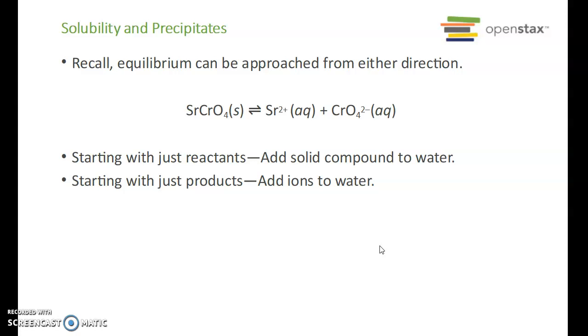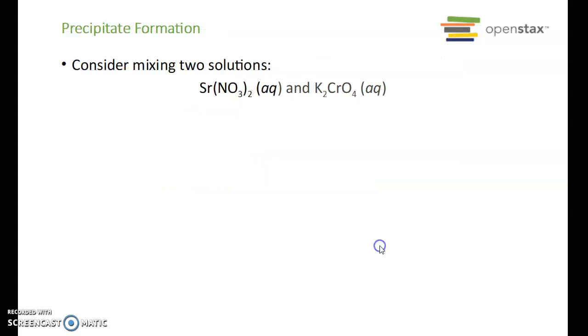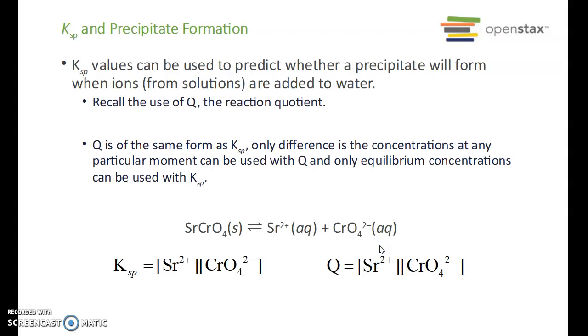If you're starting with the products, you're adding the ions to the water. And if you mix two solutions, strontium nitrate and potassium chromate, what you end up with then is strontium chromate, and